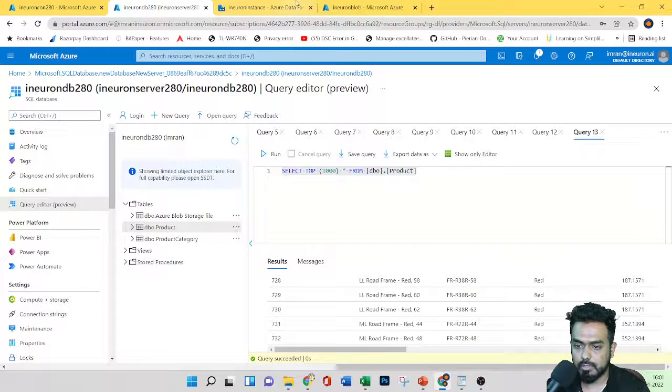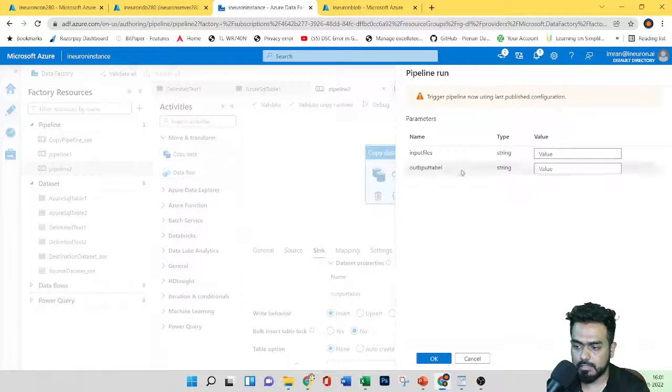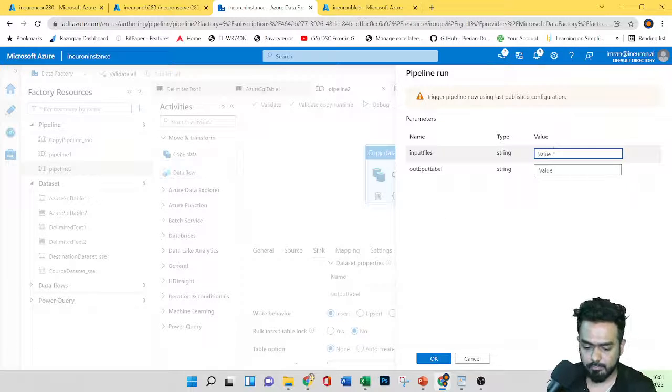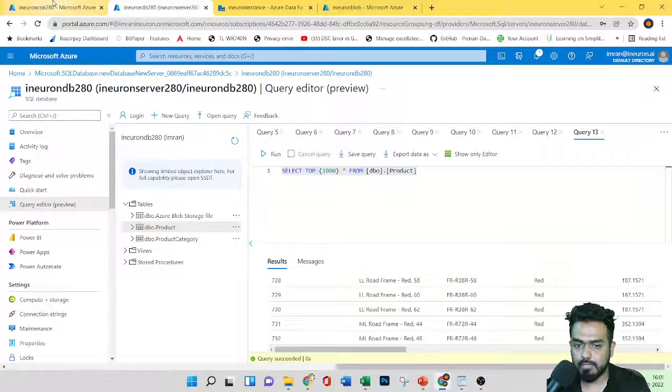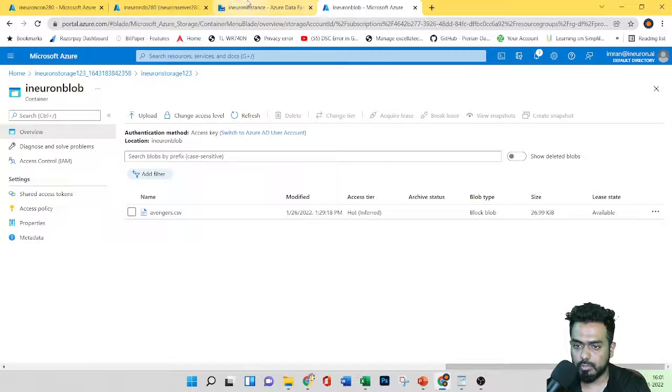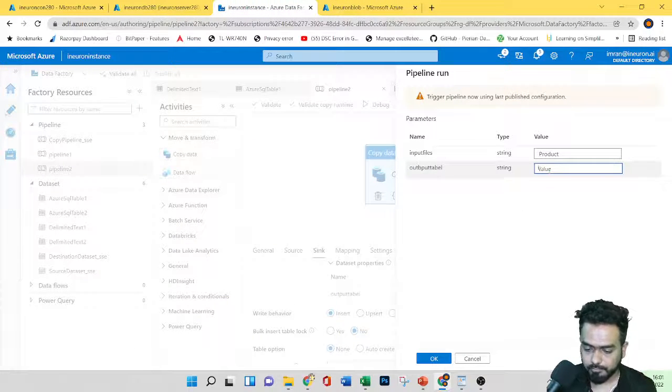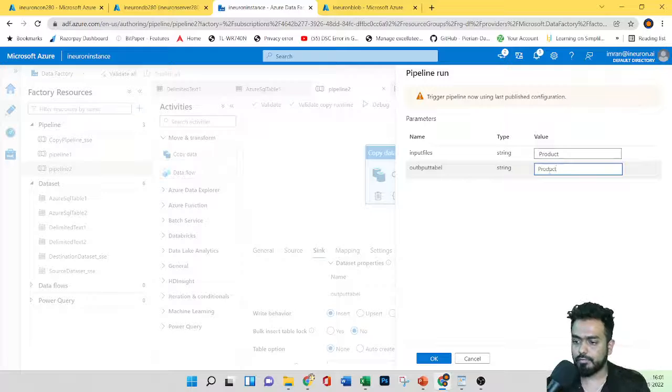I'll copy and paste it as product. The output table we have just given as product, so here also the output table is product. Click OK and execute it.